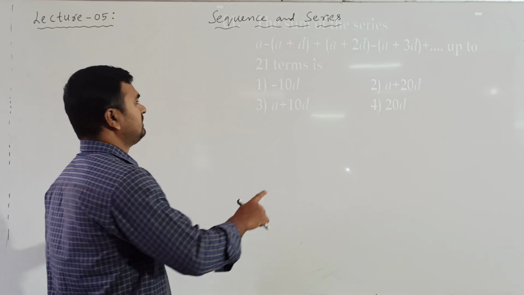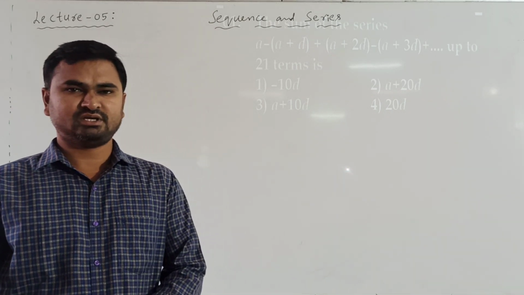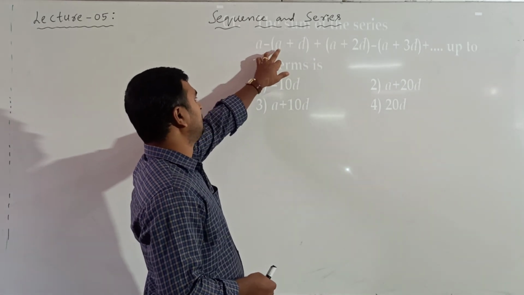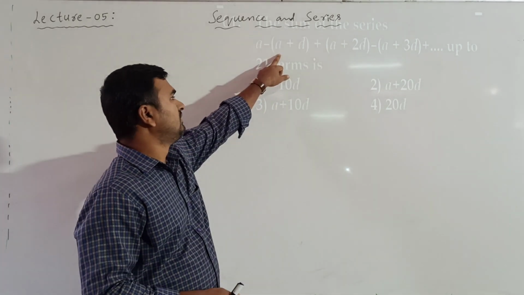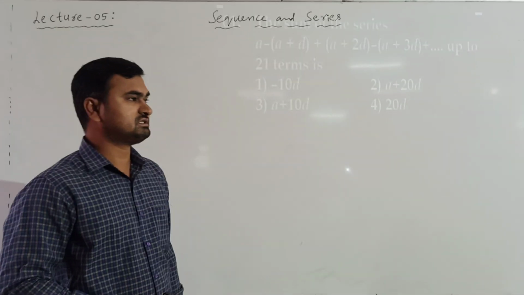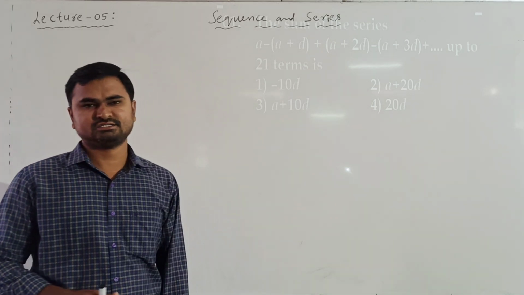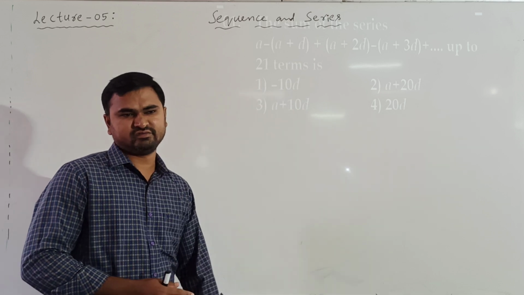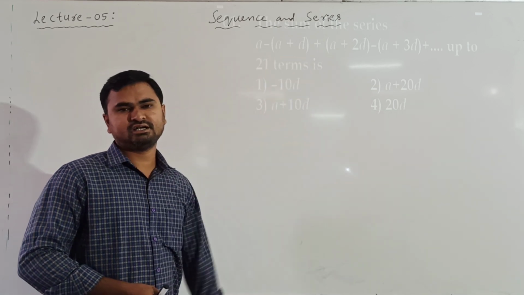Now observe that all these terms forming a standard progression, is it AP or GP or HP? Can you see? The difference here is minus 2a minus 3d, and here the difference is 2a plus 3d. Difference is not same, so it is not AP. And what about the ratio? The ratio is also not same, so it is not GP. And if you take reverse ratio, the difference will not be harmonic either. So the given series is not forming a standard progression.